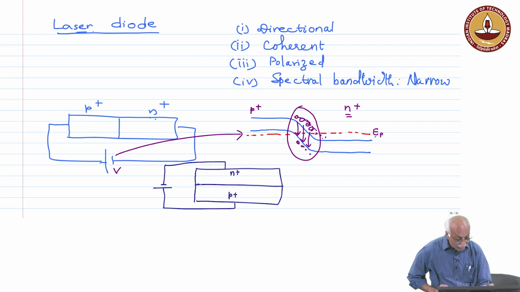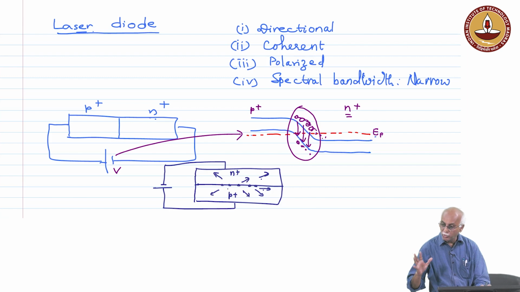Now, at the junction region lots of photons are being emitted. They will be traveling in different directions. Some of the photons which are emitted here may travel this way, in all different directions. Of course, still it is spontaneous, although the gain is very large, it is somewhat spontaneous emission. Now, if we coat this edge with a mirror, mirror coating, and